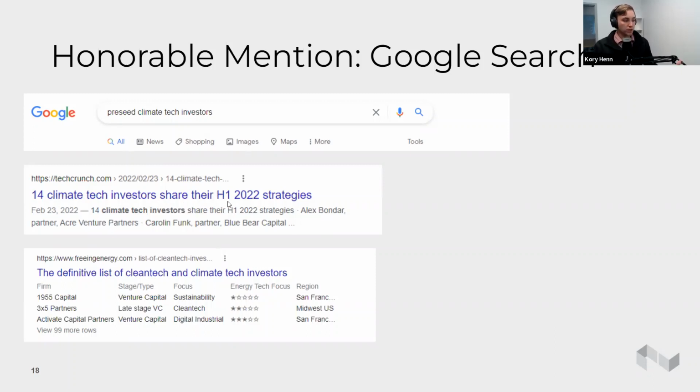So what you can look for here is, okay, here's the VC's name, and here's what they're looking to invest in from a climate tech perspective. And if that's a fit for me, I can reach out and say, hey, saw your piece in TechCrunch, really aligned with your strategy. I think there might be a fit here, right?